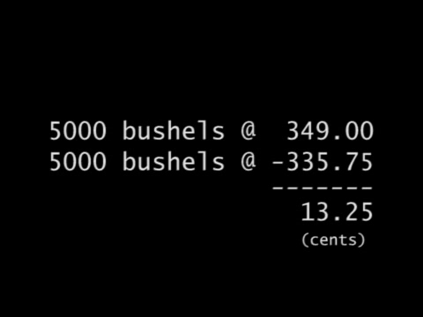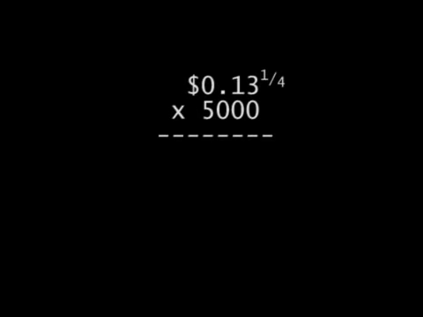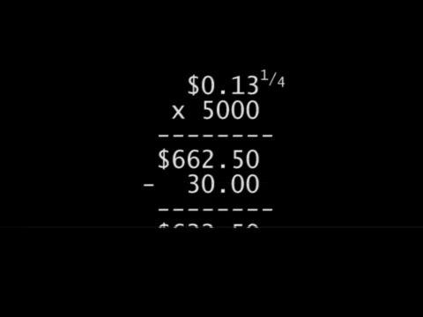But that's the gain per bushel. The contract is for 5,000 bushels, so we multiply that gain by 5,000, and we come out with $662.50. Whoa, that's more like it. The miracle of leveraging. We then subtract the broker fee, which is $30 in this case, and get the net profit of